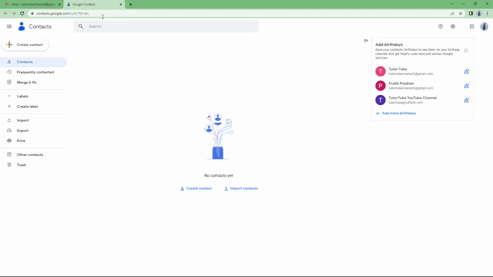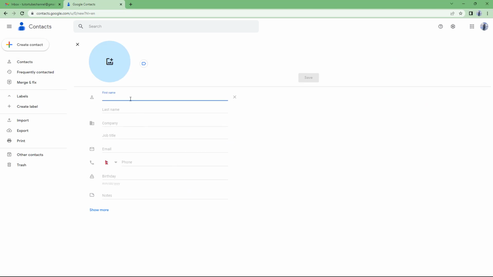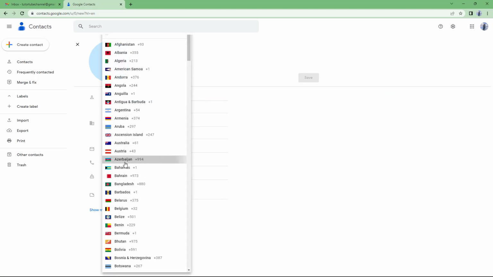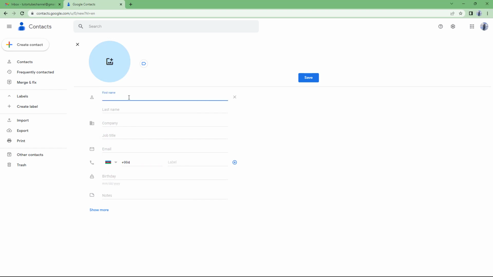So let me click on get started right here, and then it actually opens up a new tab over here in the browser, and you've got the contacts. So you can create a contact or import a contact, but contacts is not what we're focusing on in this tutorial series. So I'm just going to click on create contact right here, and maybe change the country right here, just like this,